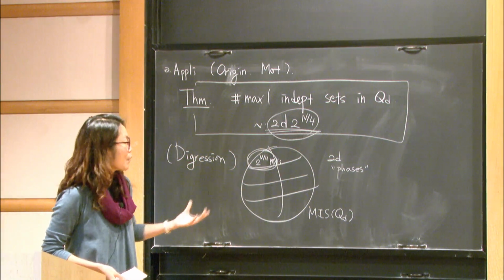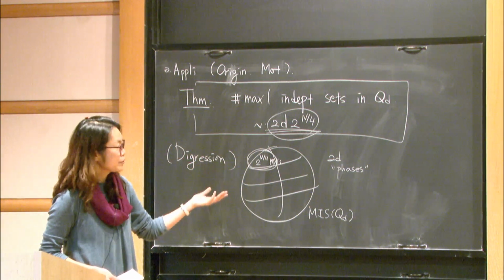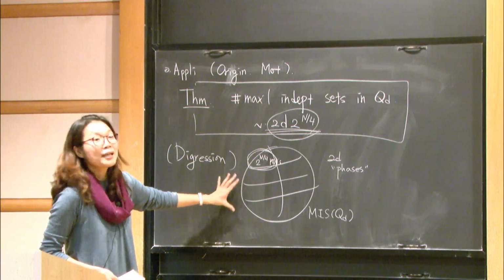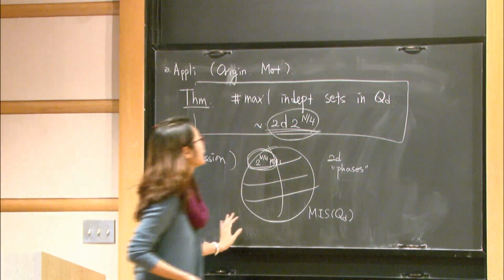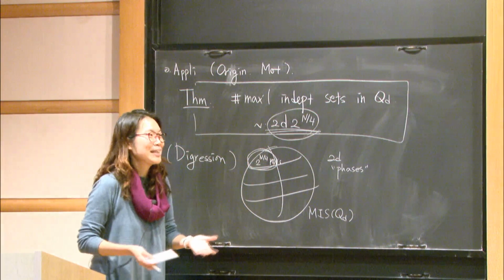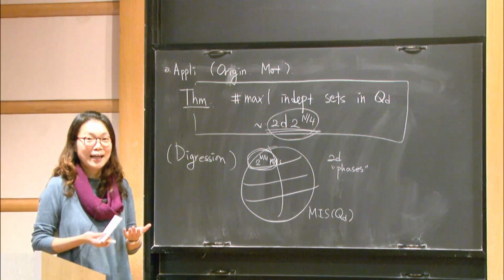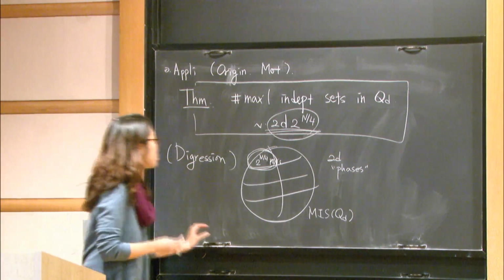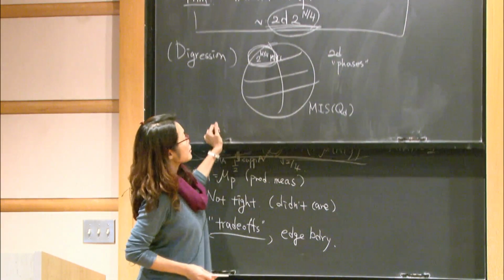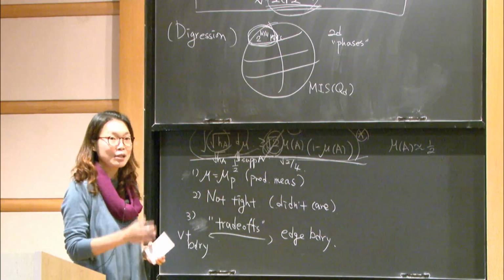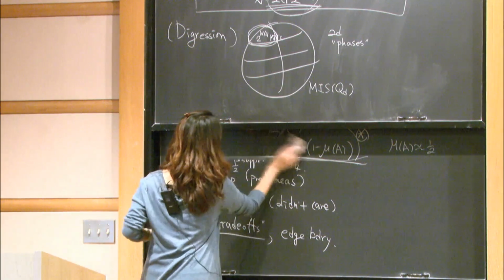And compared to some other results in the same field, it's quite strikingly nice and clean, meaning that we know that counting independent sets or counting graph homomorphisms is a big topic, and there are quite a few results in this asymptotic enumeration in the Hamming cube. So for example,